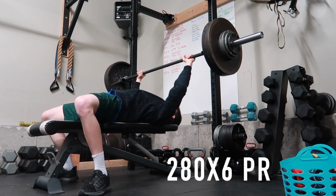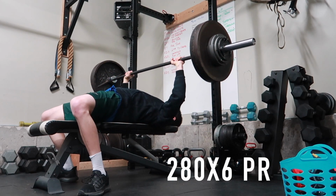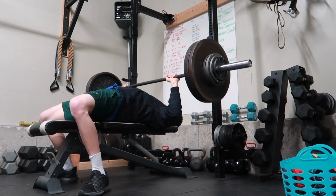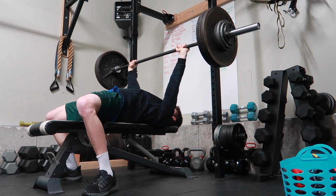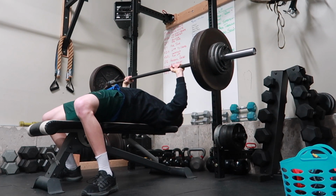Hey guys, today I wanted to make this video just talking about how my overreaching week went, little training updates, and then explain what overreaching kind of is, what it consists of, why I do it, that type of good stuff. So right here, you can see this is me hitting a PR on a flat bench with 280 pounds